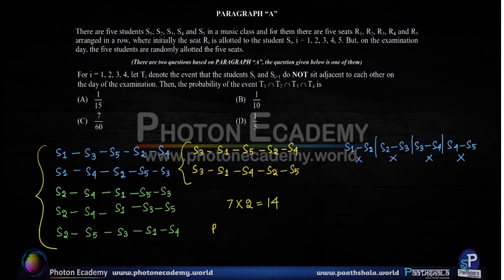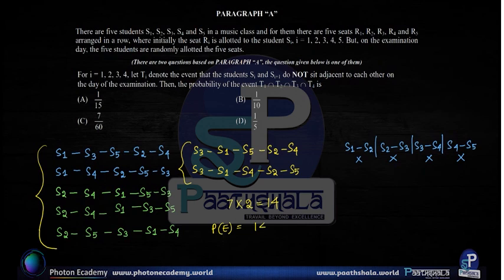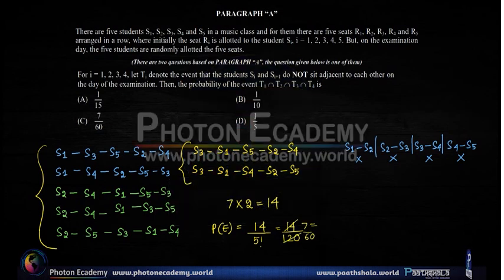The probability of the event is equal to favorable cases which are 14 divided by total number of cases which are 5 factorial, is equal to 14 by 120, is equal to 7 by 60, which is option C. So the answer is option